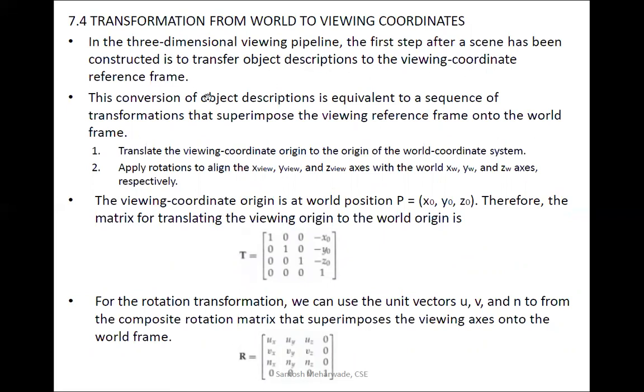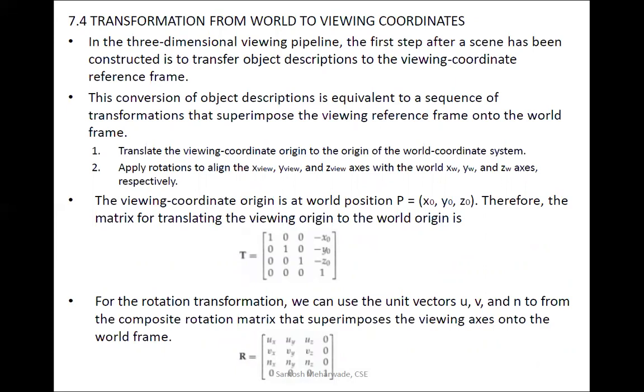The sentence says that whenever one object has been captured, meaning its model has been created in our scene, that particular object is there in its model coordinates, right? Later we are going to bring that into our world coordinates. After bringing it to the world coordinates, we have to bring it into the viewing coordinates. What is the role of viewing coordinates? Here the viewing coordinate is nothing but the position of the viewer.